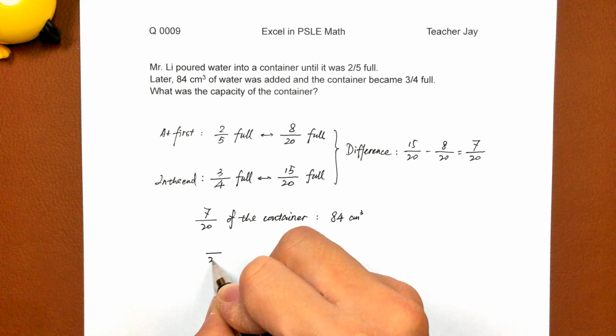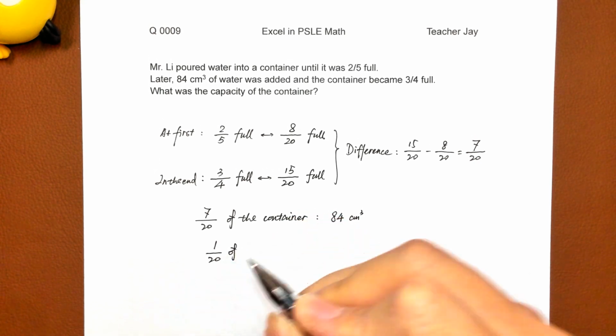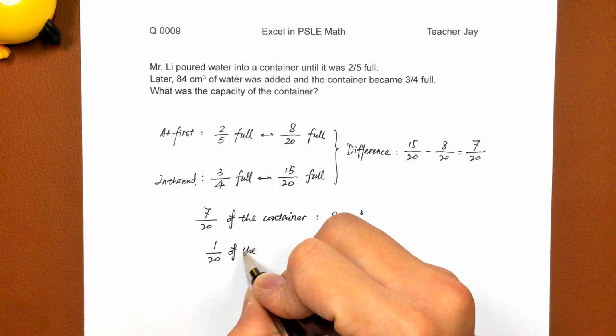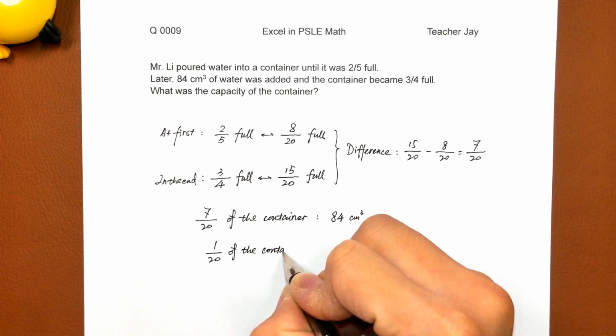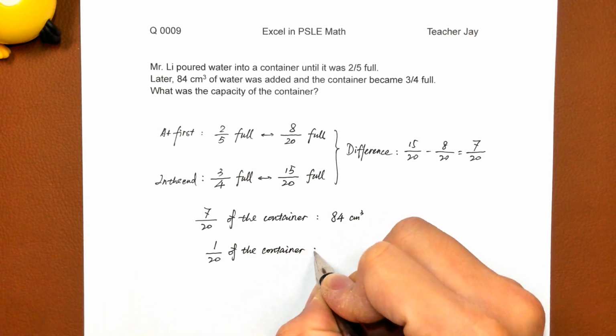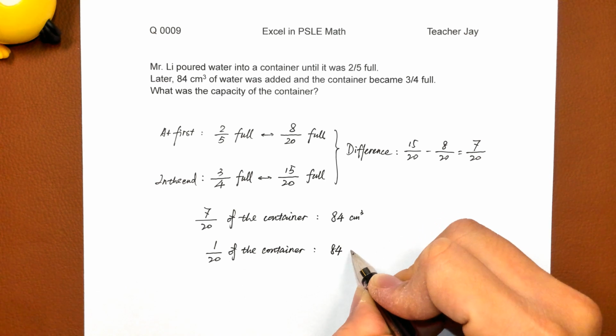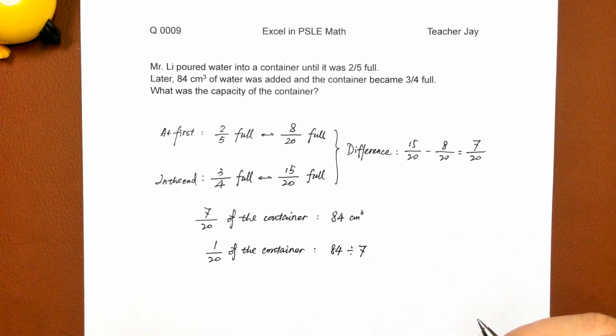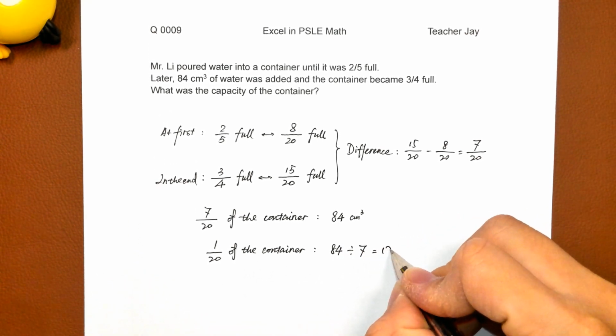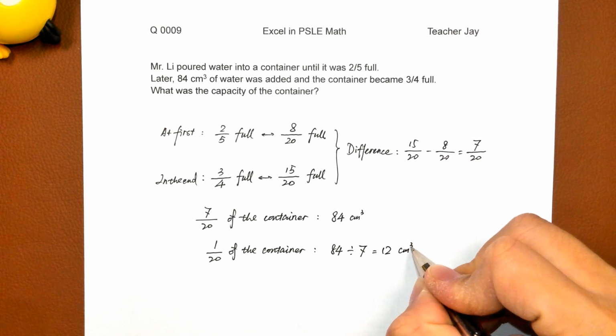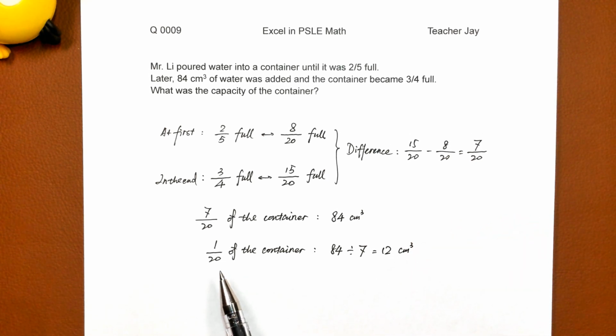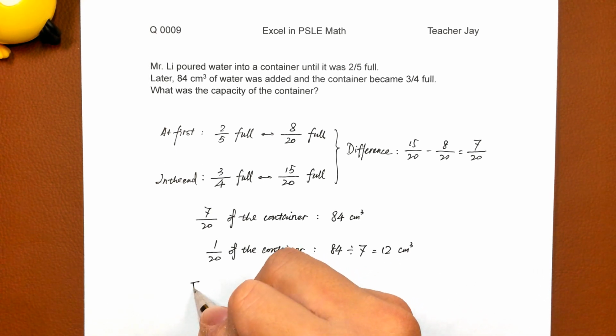So we divide 84 by 7. 84 divided by 7 is 12. That means 1/20 of the container is 12 cubic centimeters. And when it is full,